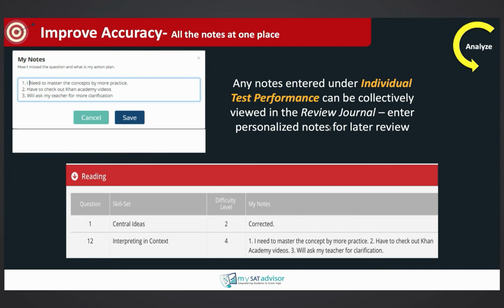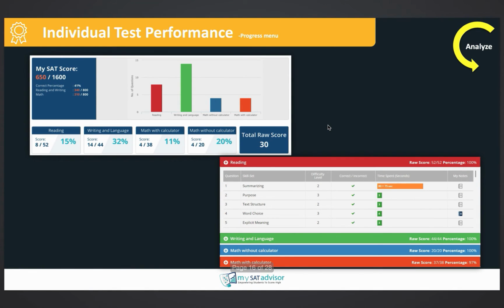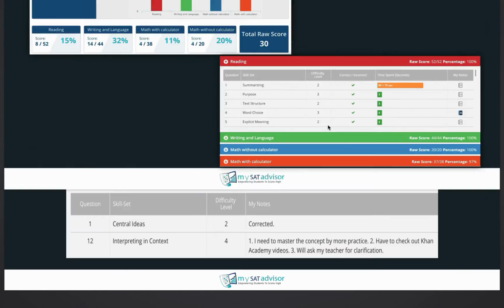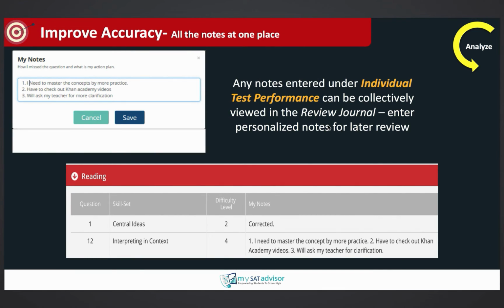This is the My Notes feature. I'd like to draw your attention back to the previous slide for a second, to this My Notes little journal tab that we see to the right-hand side of the bottom picture. What this section does is allow the student to enter any kind of note that they want to. As you see, we have an example note here. Literally anything: how I got the question wrong, why I got it wrong, maybe check out this textbook page, or check out this unit, or ask my teacher for help.